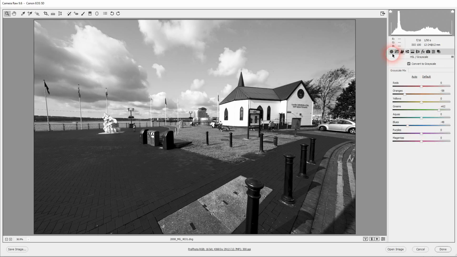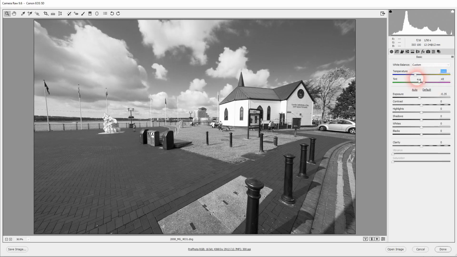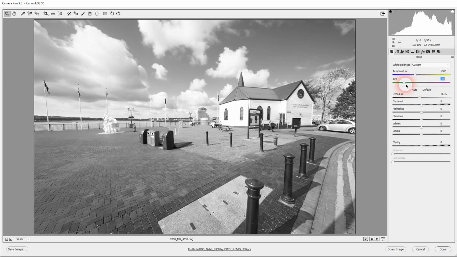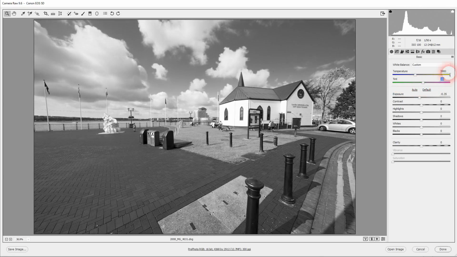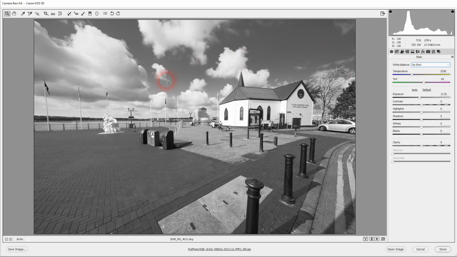is applied. Okay, so it's really well worth dragging your temperature and the tint to get totally different effects. If you don't want that, you just go back to as shot, or you could apply a different color temperature. Okay, so you can get a terrific range of different interpretations, and of course we can use the sliders to